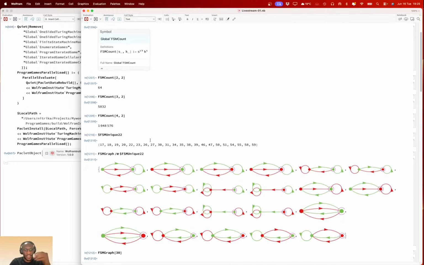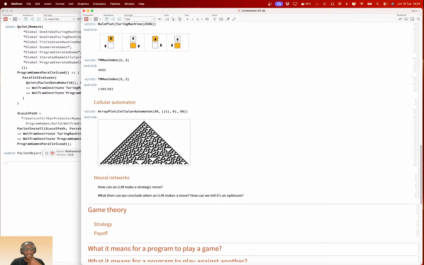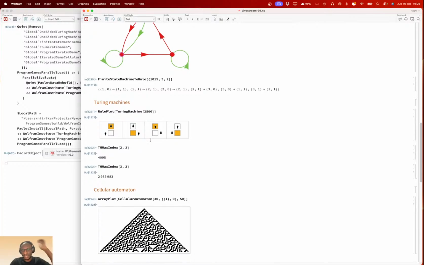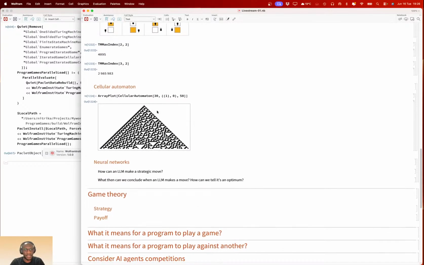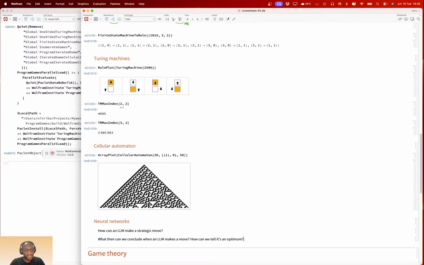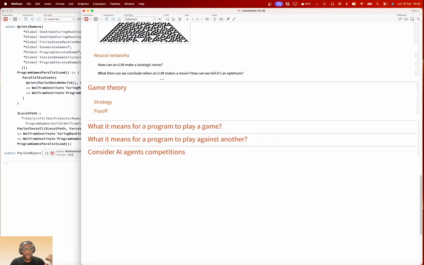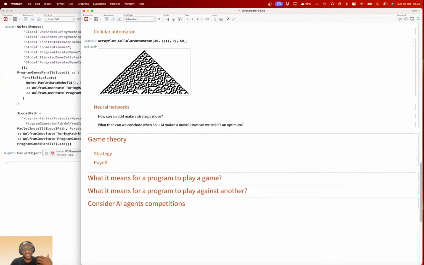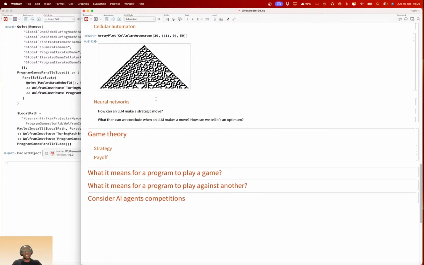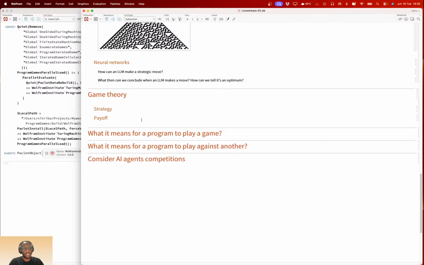But for a finite state machine, it's an easy thing to define. Not so many of those are available. For Turing machines there's a huge space, and for cellular automata there's a huge space to explore. So it is with LLMs. LLMs are more clever, in a sense. They can make educated guesses, or they can produce strategies based on reasoning. So that's one thing we can explore in this case. But let's talk about game theory.